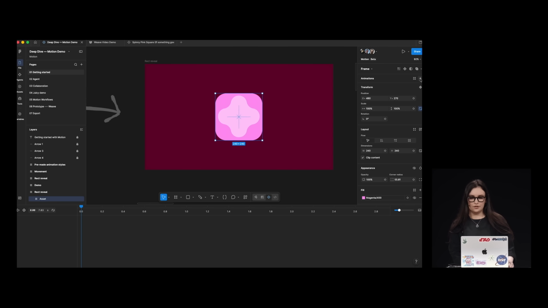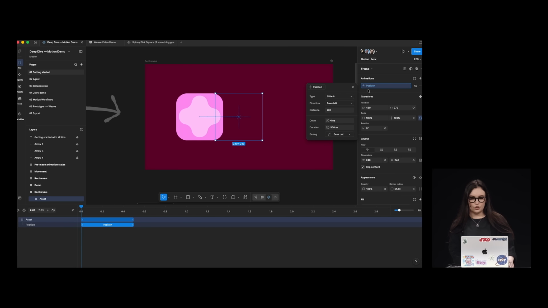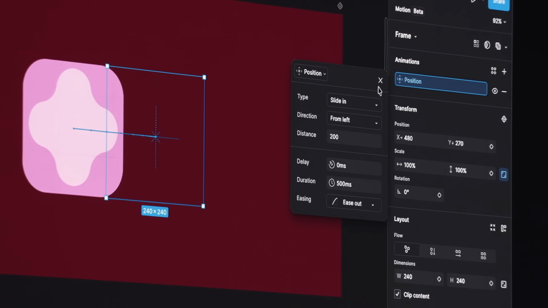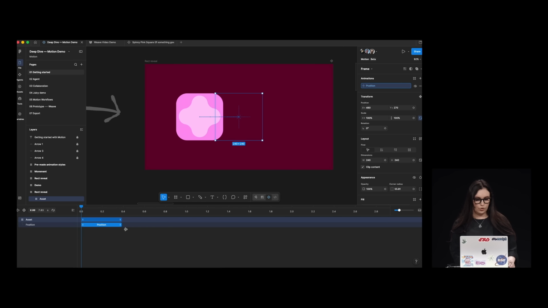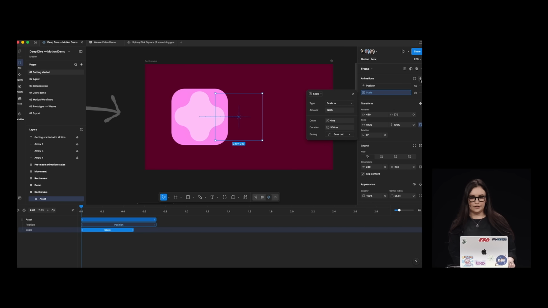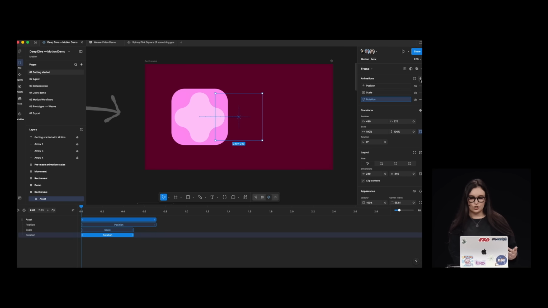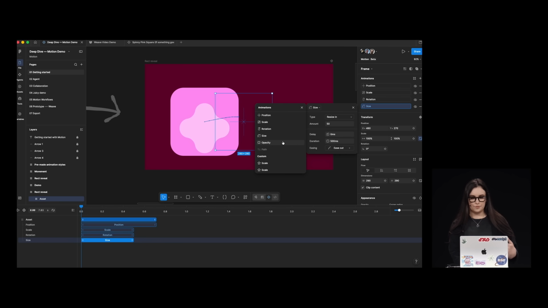And if I just hit this plus button, it adds a position style over here. And you see that we have this flyout with a lot of different settings, which helps you to have a little bit more control over this particular animation. We can also adjust distance, delay, duration here, but I can also use this control to adjust this right on the timeline. And if I just keep stacking those animations over here, so let's say that I also want to add scale and maybe some rotation and also maybe some change of size,